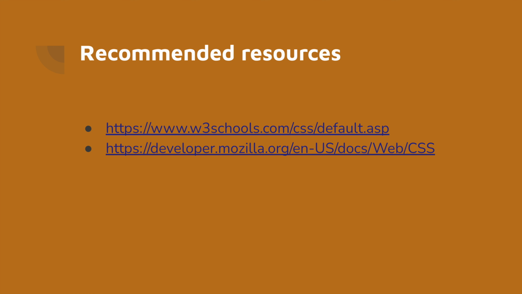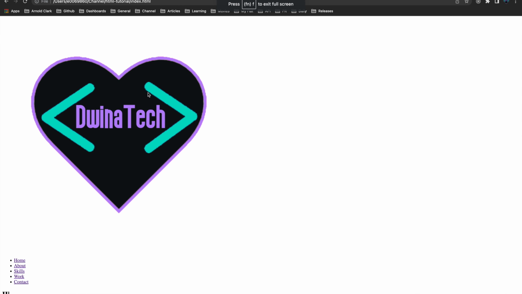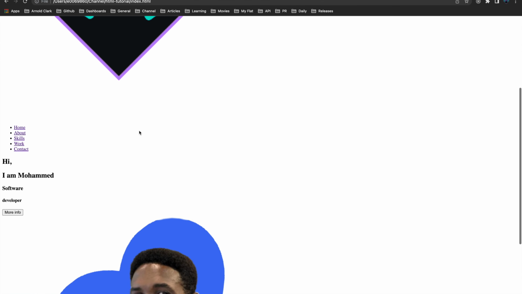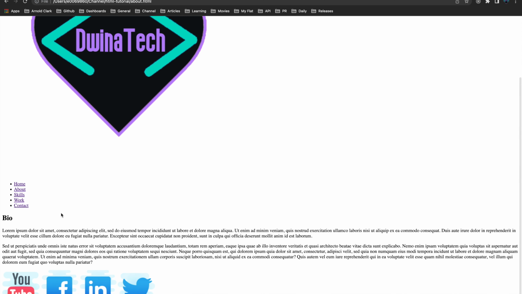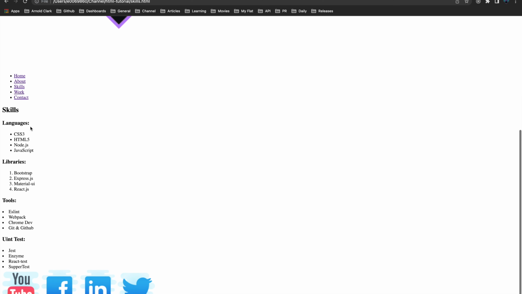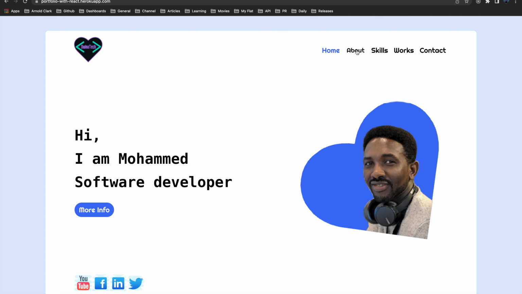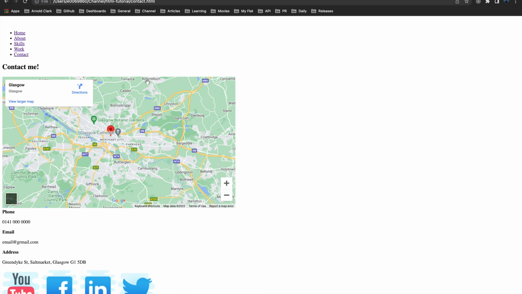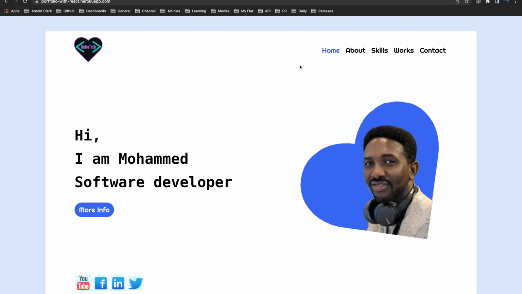Before actually writing the code, here is what we are going to do. In the previous tutorial, we learned how to build this very nice portfolio using HTML, but it doesn't have CSS yet. So I promised I'm going to create a CSS tutorial so we can style this portfolio, our website, to look like this one. For example, at the end of this tutorial, we are going to change this HTML page to make it the same as this portfolio here, and this is just to make you more motivated and excited about this, not just